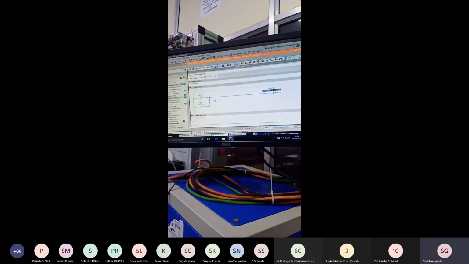Where do we use this kind of example? We use it for programming in industry. In a staircase also we can use this, sir.